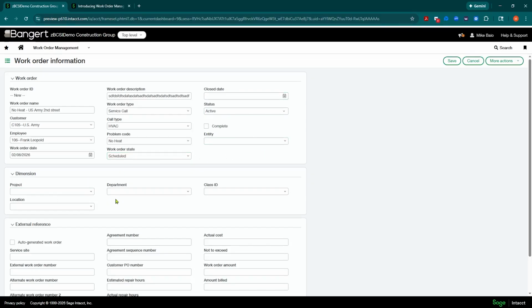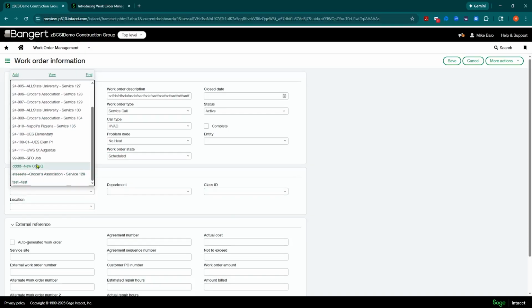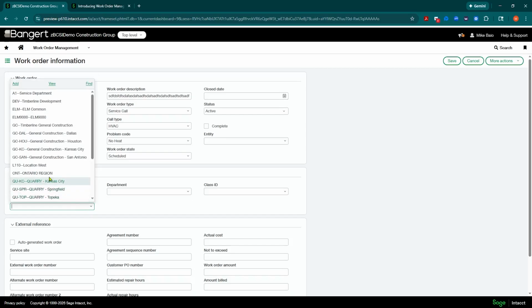You can link it to an entity or particular dimension. Some people do elect to create a project. If they're using Sage Field Operations or something like that, you could create a service project here if you want to get all that coding also to a project. And you could do that here. If I want to code to that project, you can code to a particular specific location. So if you have multiple service sites or multiple locations that you want to track work orders separately on, you could do that here with the locations.